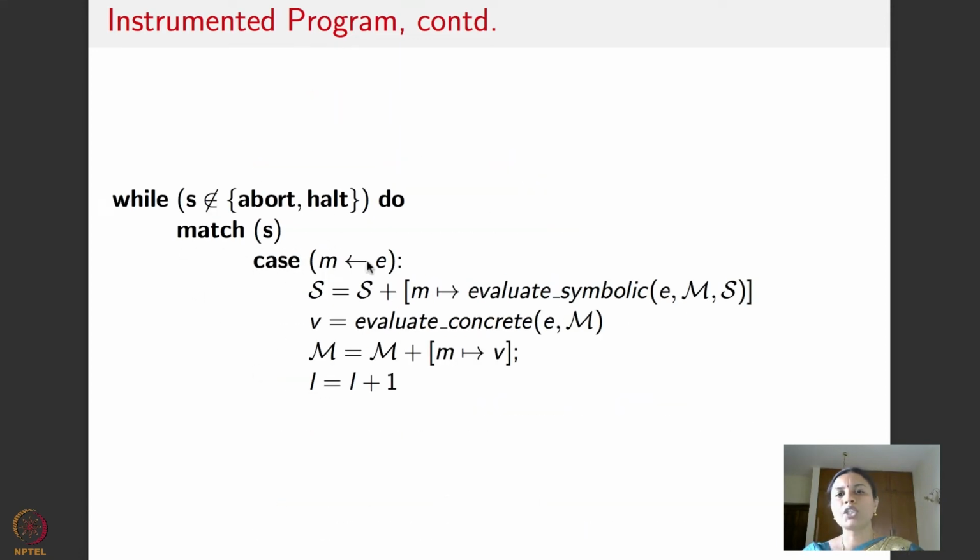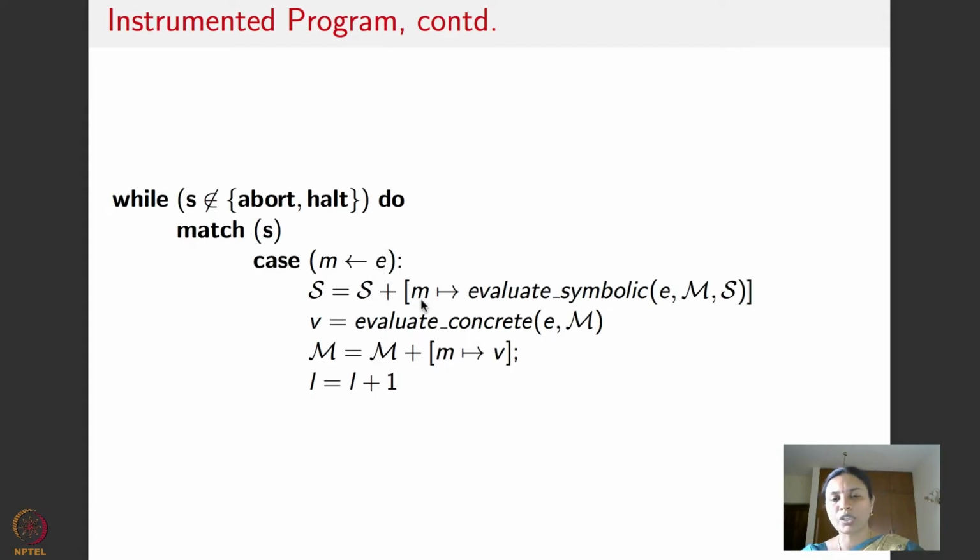So if S is matched to an assignment statement, what will it do? It already has a symbolic memory uploaded. Here is a new assignment statement that it has encountered. For example, this could be the case which says that z is equal to x plus y. So the memory location for z, which is m, needs to be updated with the expression x naught plus y naught.